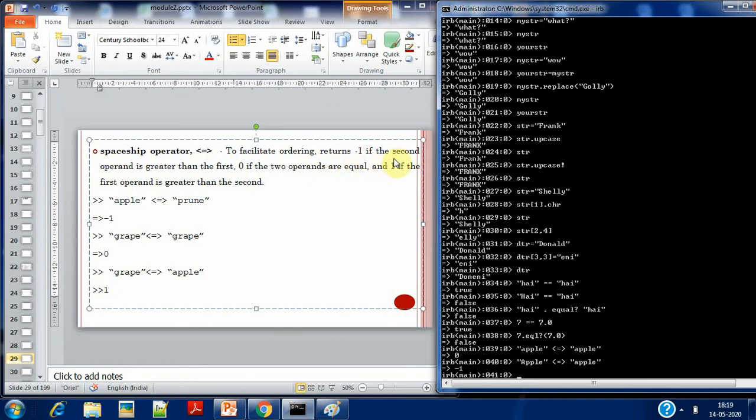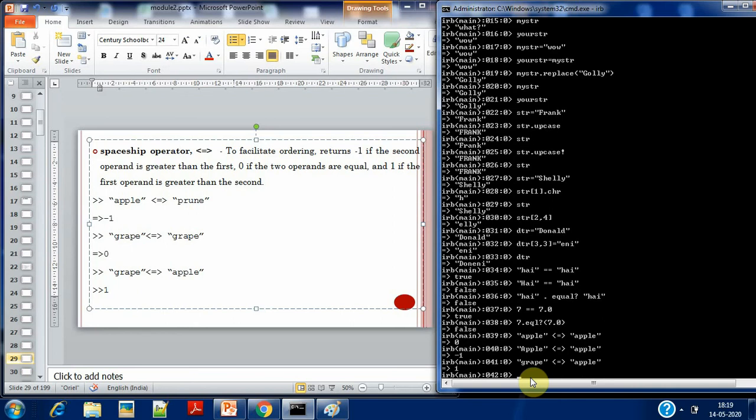So it is returning -1 if the second operand is greater than the first. So how is the comparison done? Comparison is done based on the ASCII values. Okay, and the last one I'll just check this. Sorry, grape is your first string and apple is your second string. In this case, it is going to return 1, indicating that the first operand is greater than the second operand.